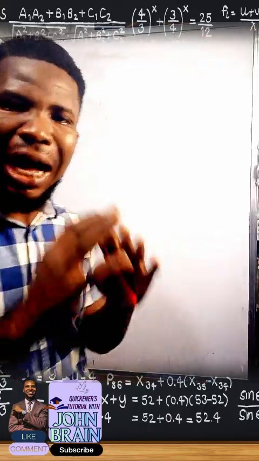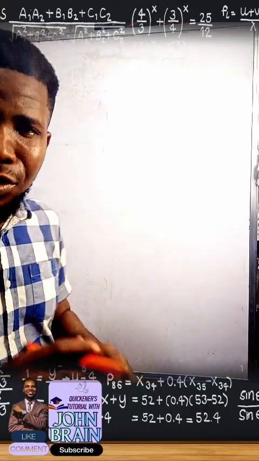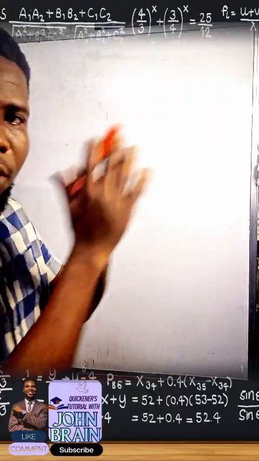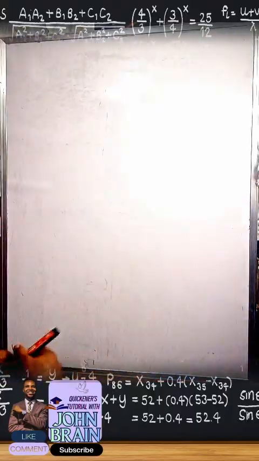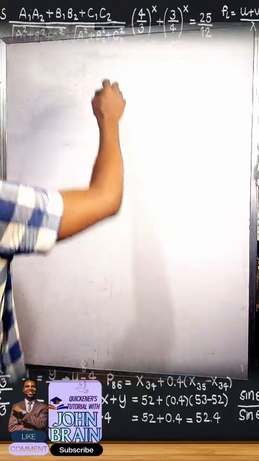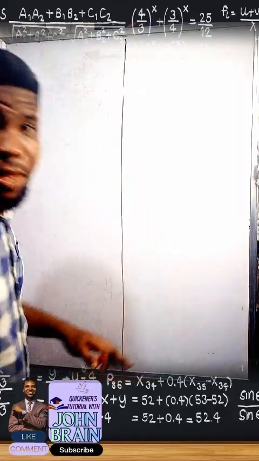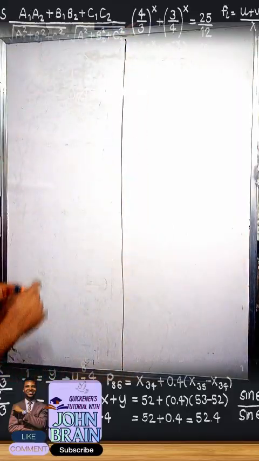Alright, so we want to establish trigonometric ratios of the four quadrants, okay? So when I say four quadrants, let me divide my board. Please follow me as I divide my board. So when I say four quadrants,